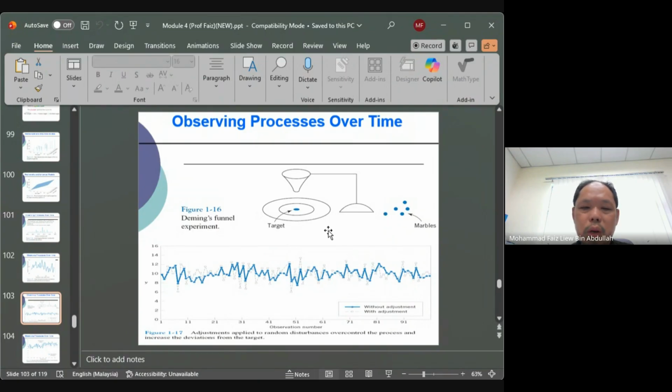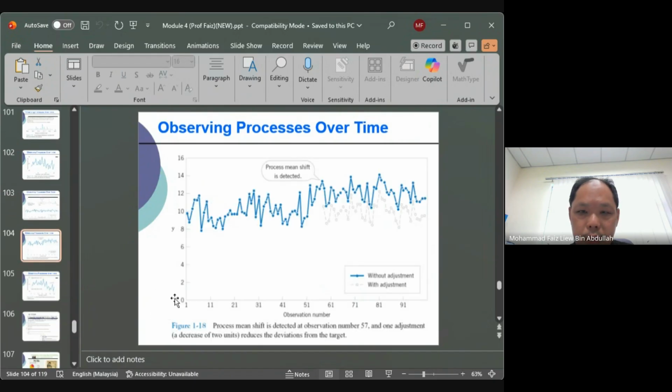So this one you see is before adjustment, and then with adjustment. So you will plot two graphs explaining this experimental setup. Or you can also plot in terms of point form. Okay, so this is the same as this one,